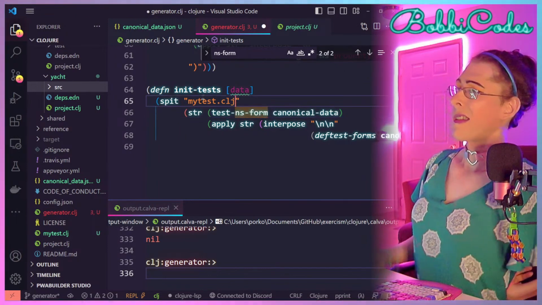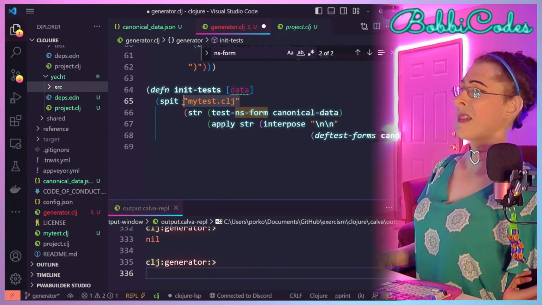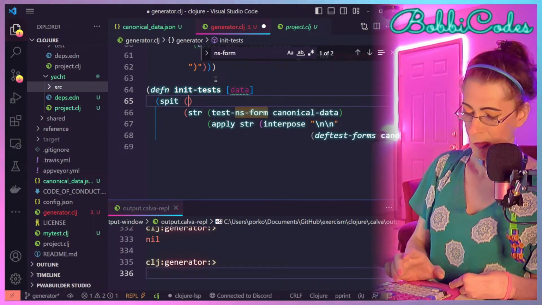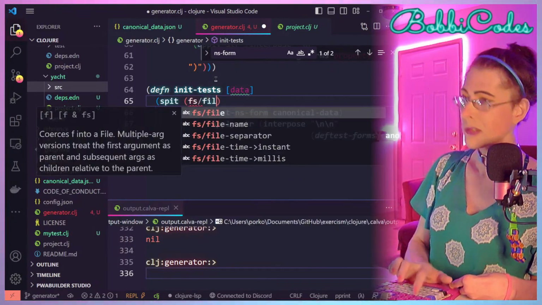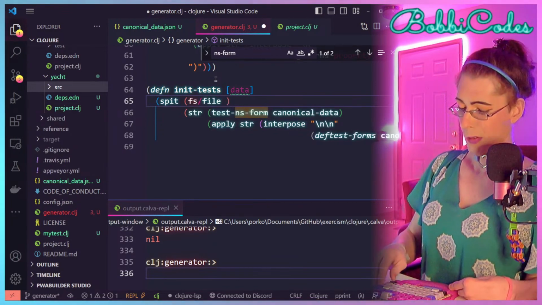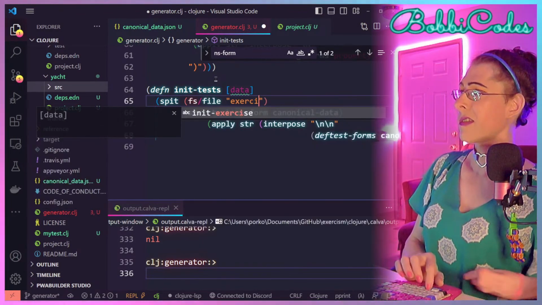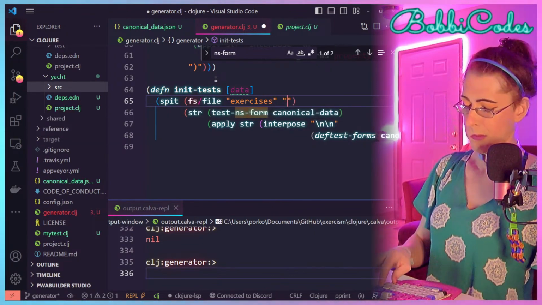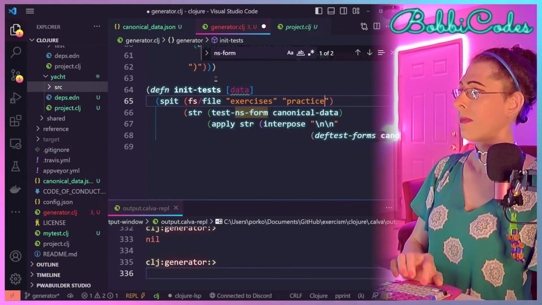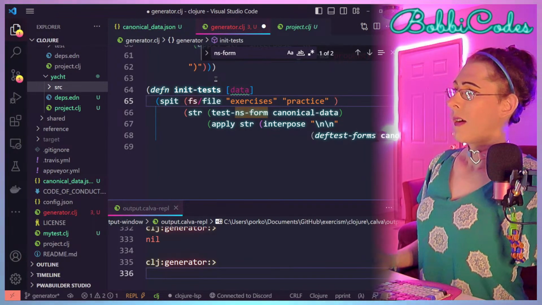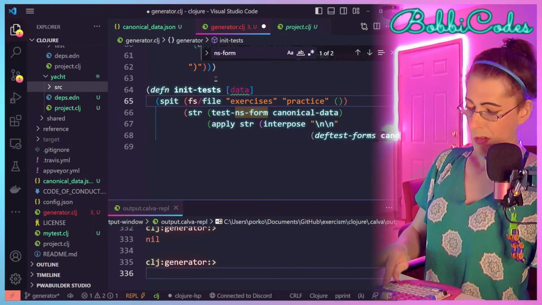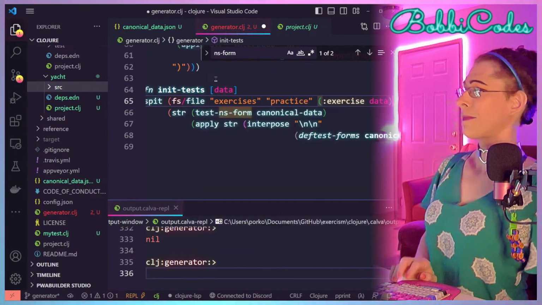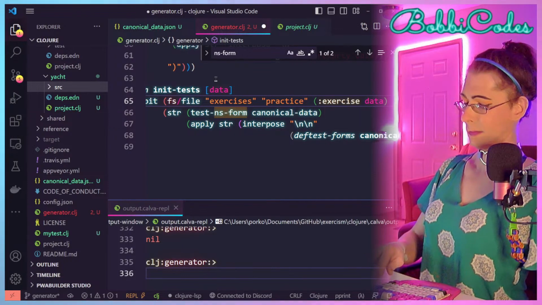Cool. And that's not where the file is going to go. It's not even close. It's going to be a file, in other words, an FS file. Going to be in exercises, practice, exercise data, test.